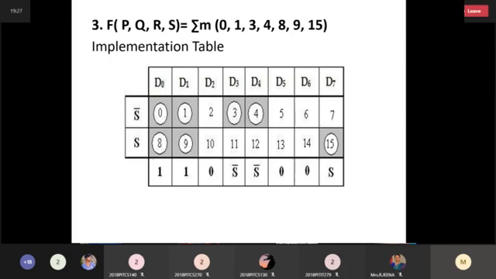Here the top variable is circled, so S bar. Here the top variable circled is S bar. No variable, so 0. Here also no circle, so 0. Bottom variable, so yes. Okay, this is easy. Then